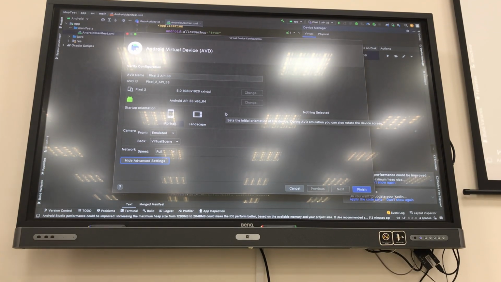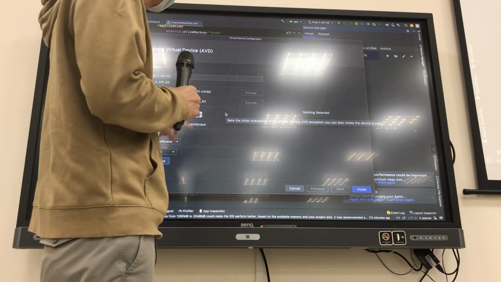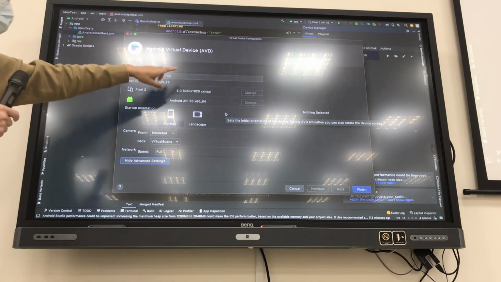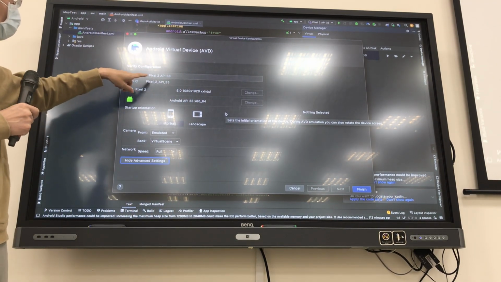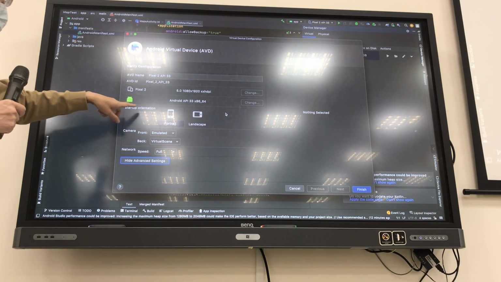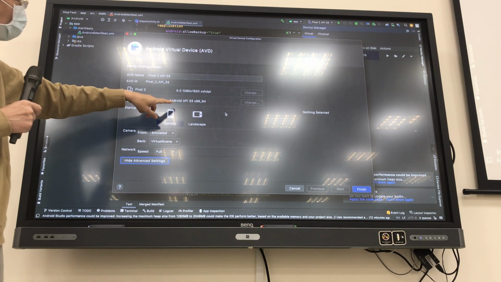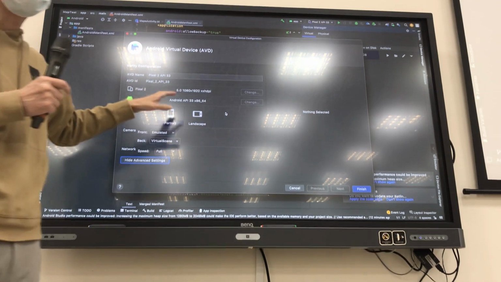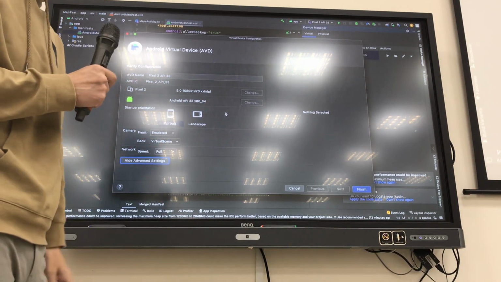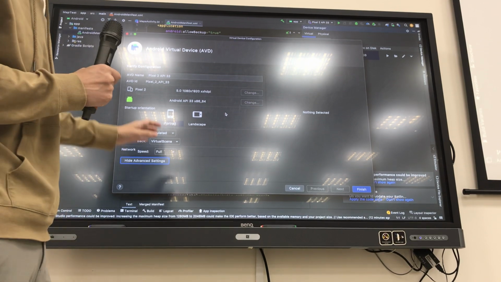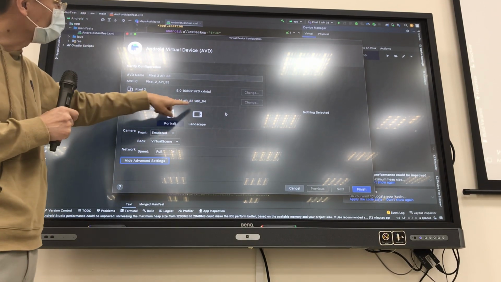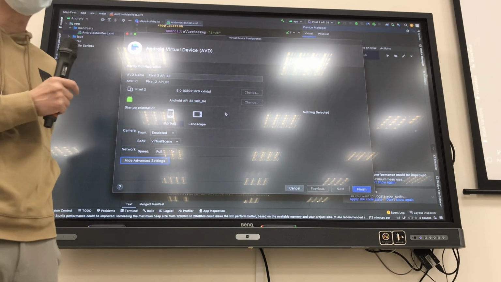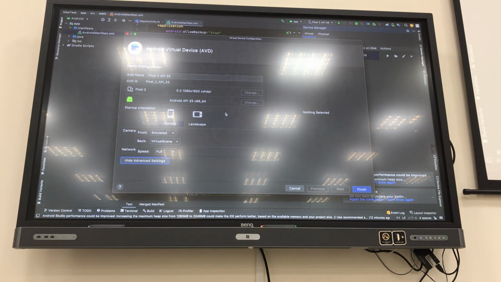So, for example, for this iMac, the emulator is based on this setting, and the system image is Android API. So I'm not sure whether this Mac can display the Google Map. Actually, the system image should support the Google Play API. For example,